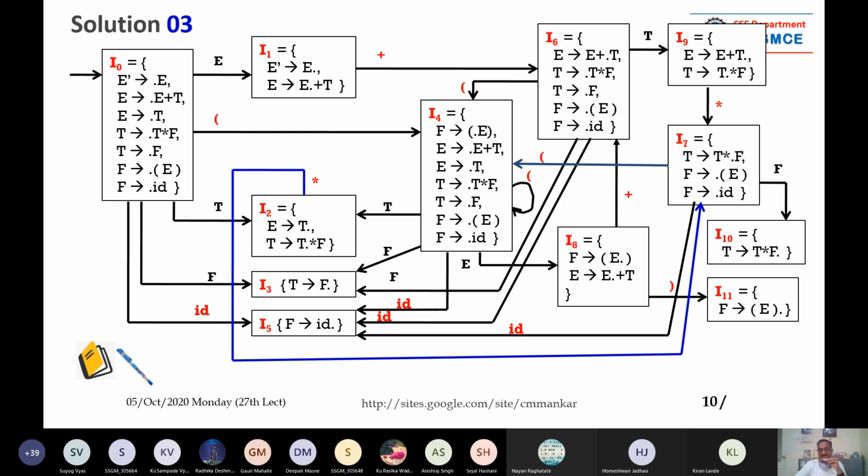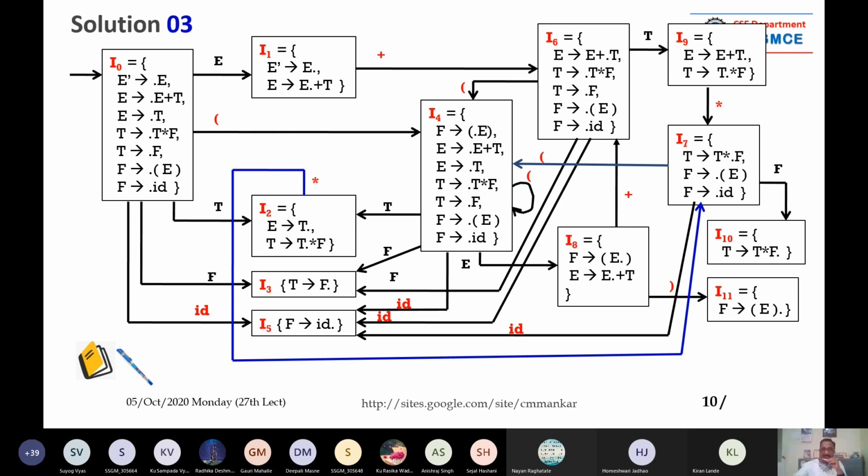Now see, just collect the items where the dot is in front of the opening bracket. So what is happening? There is a loop, so you are generating the same state. So what will the dot do? The dot will be shifted one place ahead, meaning the dot was before the bracket, so it will come after the bracket and before E, right. Once the dot is before E, you have to again collect all the items from the original set, so you will generate the same set. If you refer to my previous PPT PDF, then you will understand how we have computed the I4 transition. So I4 on input opening bracket goes to I4 again.